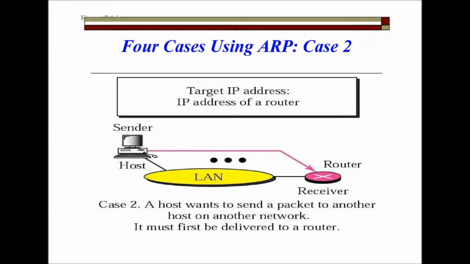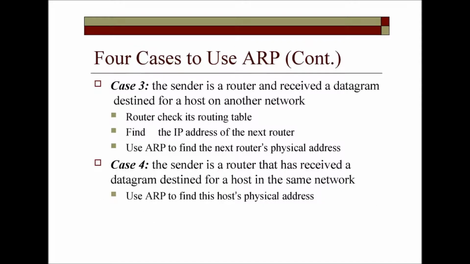It must first be delivered to the router, and the router will be connected to another router, and hence our data, our packet, will eventually be received by the destination device, which is in any other city or in any other country. So in this case, the router will receive our packet and forward it.